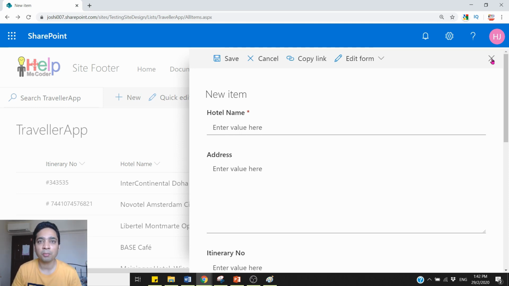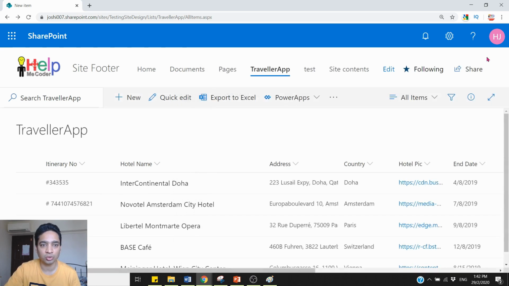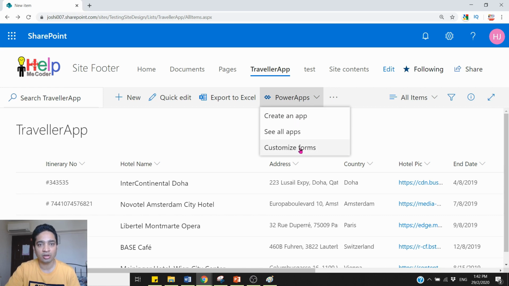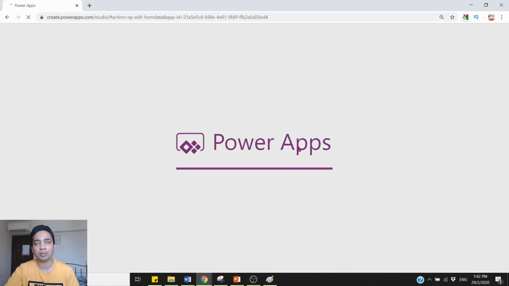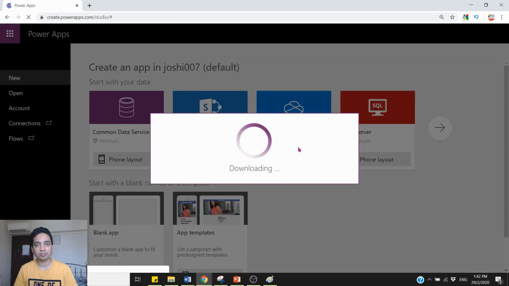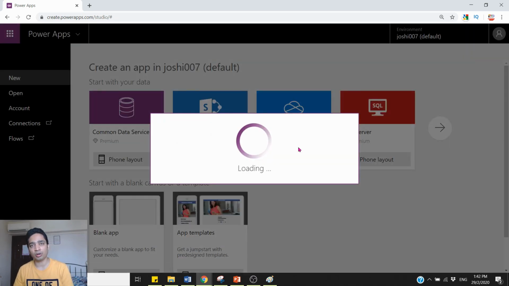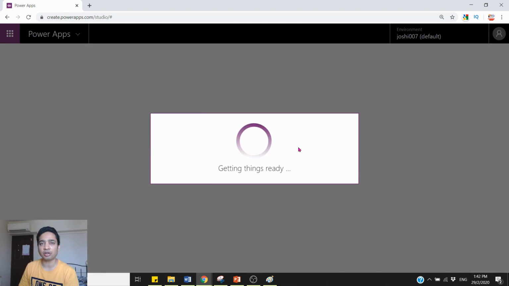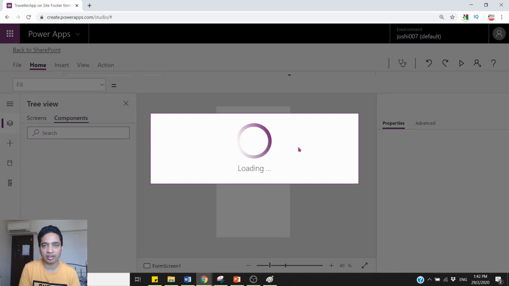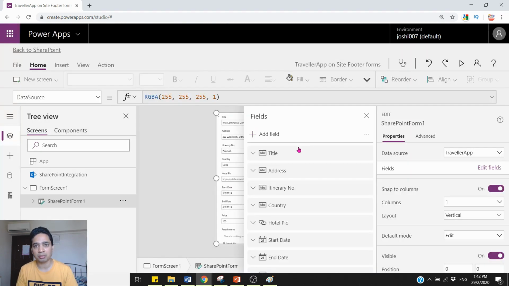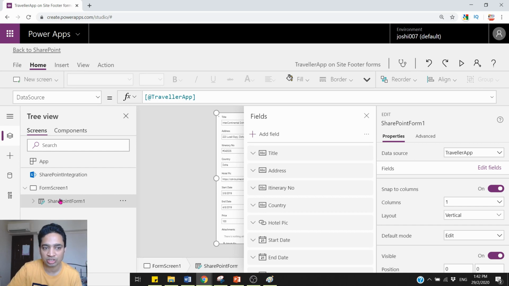Now how do you open the Power App from here to customize this particular form? To do that, you can go on this Power App link over here, and instead of clicking create an app, click customize the form. What this will do is it will open the Power App terminal, and over here it will look a little different from the app creation, because in app creation you used to have three different forms that you need to customize, but over here it will be only one single form,